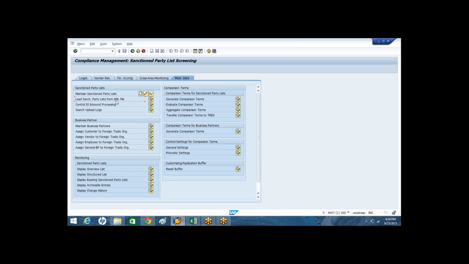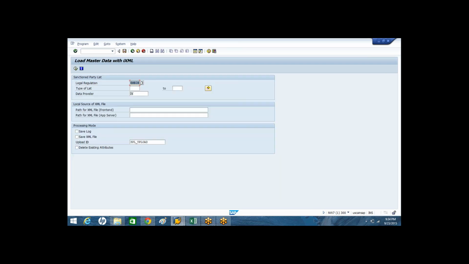And the next important thing is loading the sanction party list, loading the SPL members using the XML file. When you are loading SPL master data using the XML file, this is very important.